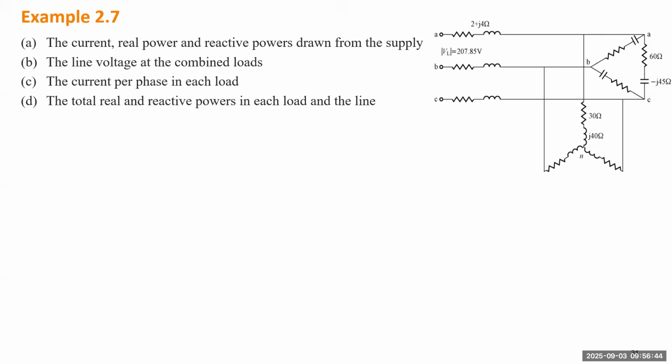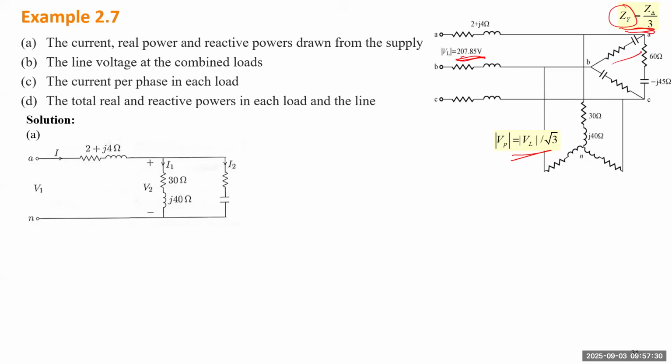One is Y connected, the other is delta connected. And from our slides, we know if it's Y connected, we need to utilize this formula to calculate the phase voltage if we know the line voltage. For this case, we do know the line voltage, which is 207, right? So we have to use the formula to calculate the phase voltage. And for the delta connected load, the phase voltage will be the line voltage, but you have to be careful about the current. And sometimes you may want to transform the delta connected load to a Y connected load. If you do that, you just divide each load by 3. So that will give you the equivalent Y connected load.